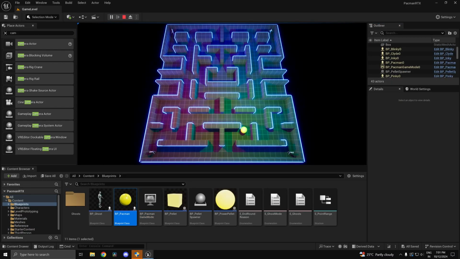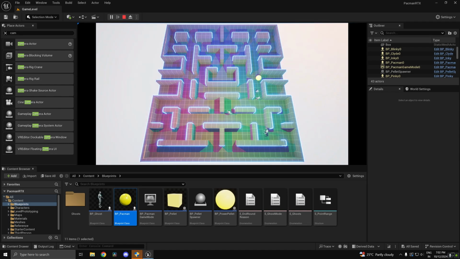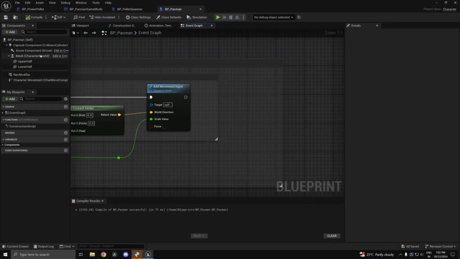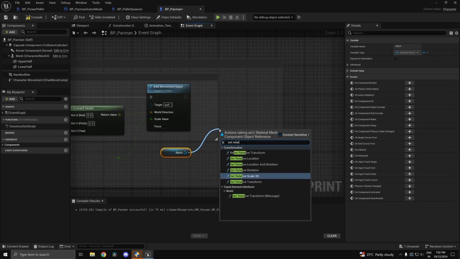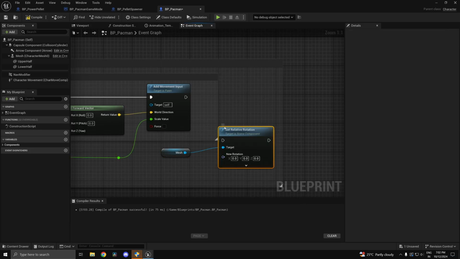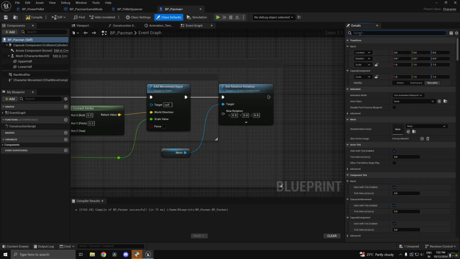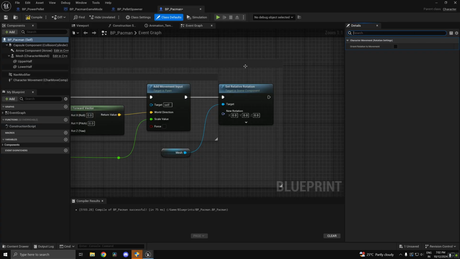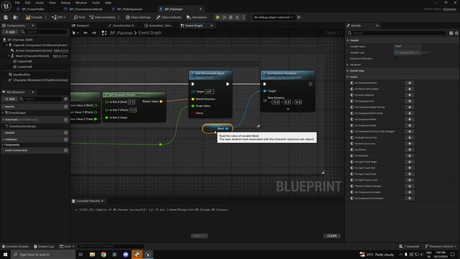Now if you were to notice in Pacman's movement, it's not necessarily turning according to how we want it. One simple trick that I have up my sleeve is we can set the relative rotation of the mesh itself. There are of course many different ways to do it, but this is probably the simplest one which I think you can do. You can also go ahead and check this orient rotation to movement checkbox and also modify a few more settings. You will eventually get to that. But since here